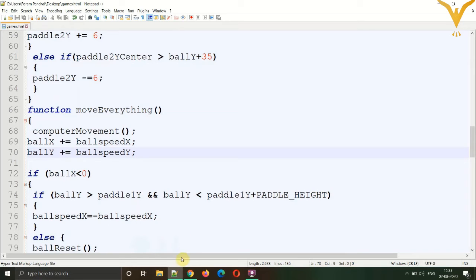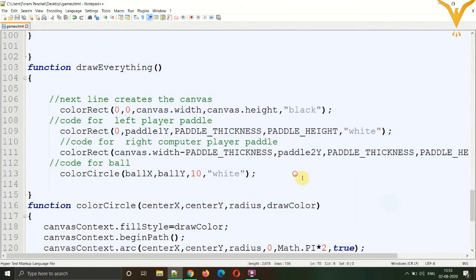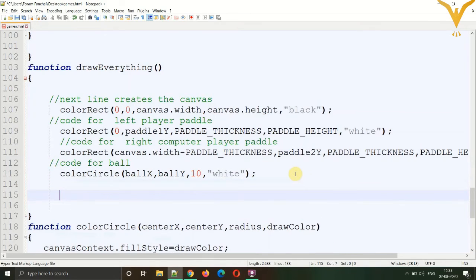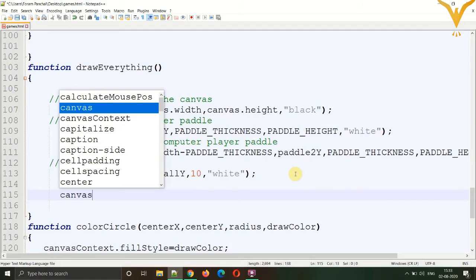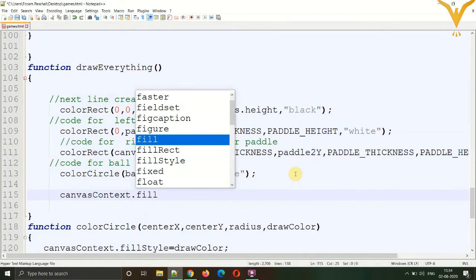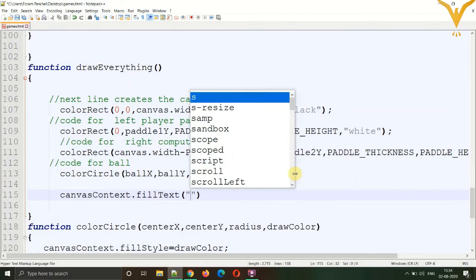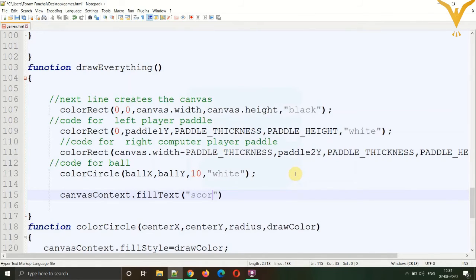So now let's have the scoreboard. For scoreboard, we'll create the scoreboard using the fill text method. For that, in the draw everything section, we'll write canvas context dot fill text. Temporarily we are typing the score stuff script over there.